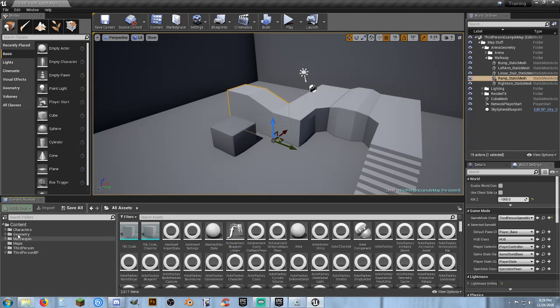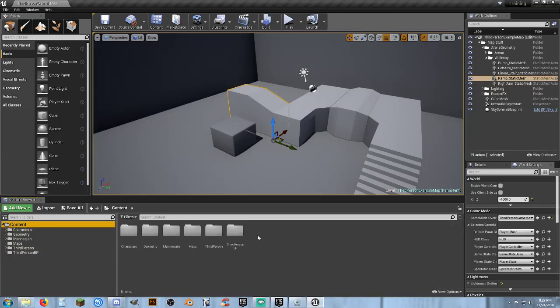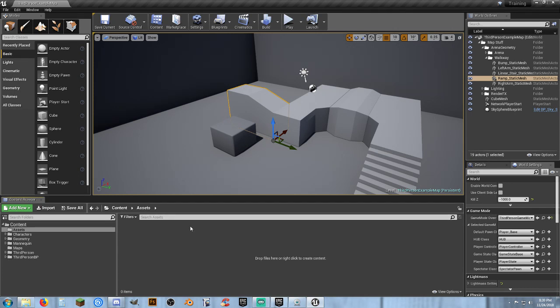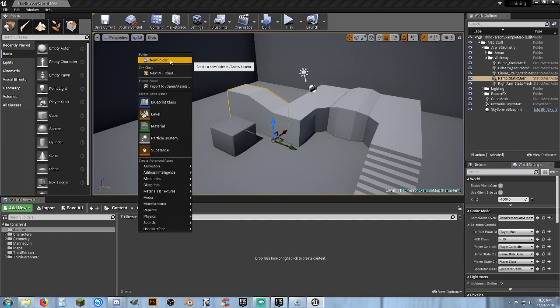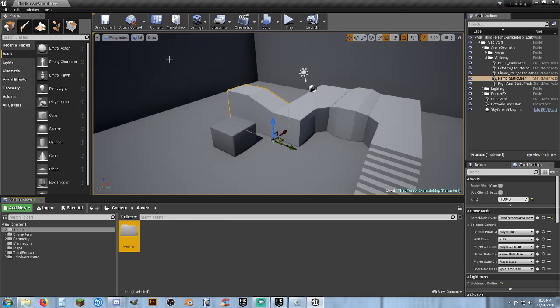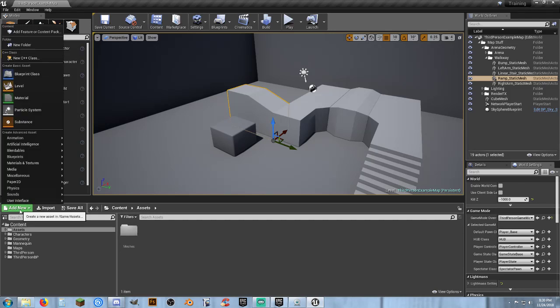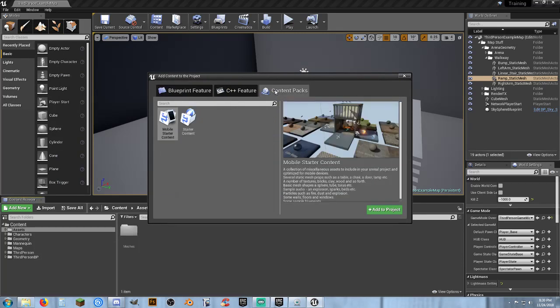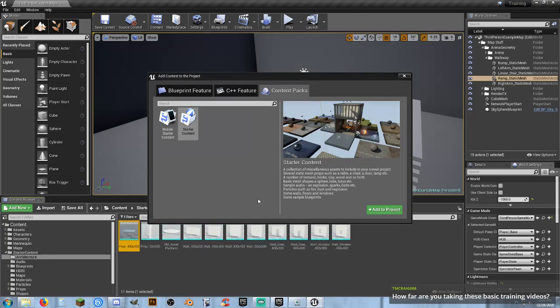To get prepared for that, we're going to go to our content folder, and I'm going to create a new folder called Assets. Inside there, I'm going to create a folder called Meshes. Because we want some more materials, I'm going to do something I don't normally do. I'm going to go to Add New, Add Feature or Content Pack, go to Content Packs, select Starter Content, and Add to Project. Now, what that is going to give us, and it's already done,